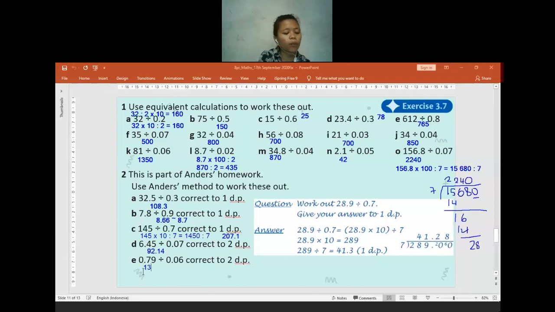Anyone who already found the answer for question E? Yes, correct. It will be 13.17. Thank you. Is there anyone who has any confusion or maybe a different answer? Especially those who did not try to answer through the chat box. Just to make sure, if you have any confusion, feel free to ask me any question.